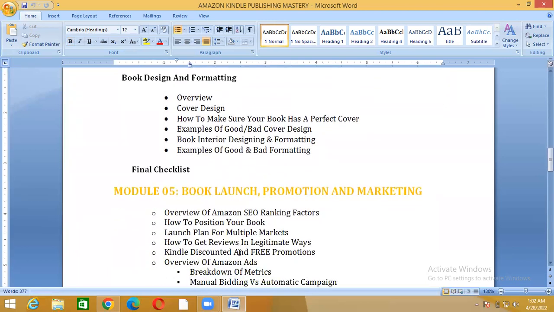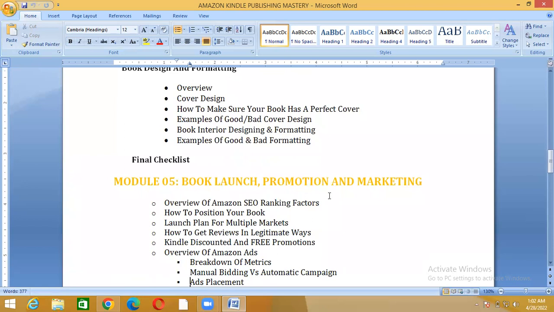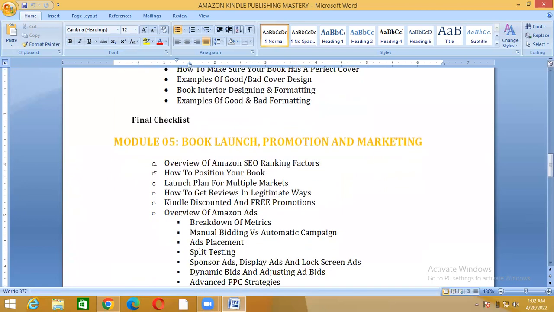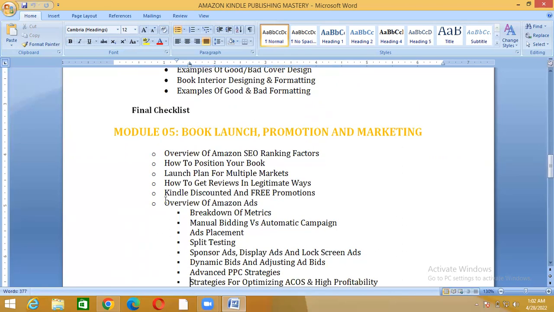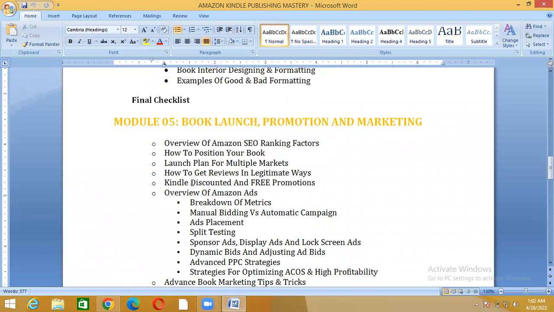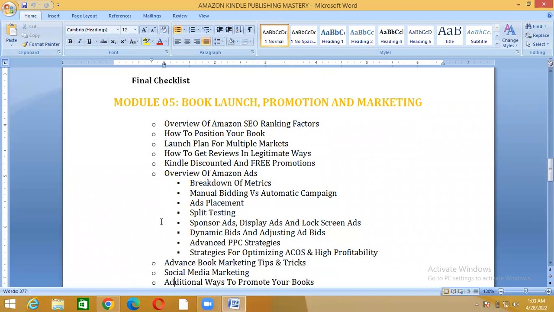In Module 5: Book launch, promotion and marketing. Overview of Amazon SEO ranking factors, how to position your book, launch plan for multiple markets, how to get reviews in legitimate ways, Kindle discount and free promotions, overview of Amazon ads, breakdown of metrics, manual bidding for automatic campaign, ad placements, split testing, sponsored ads, display ads and lock screen ads,